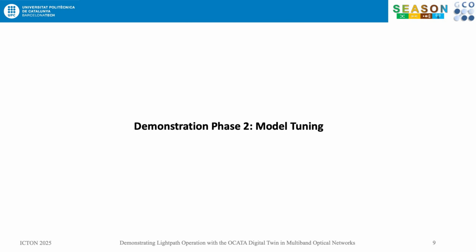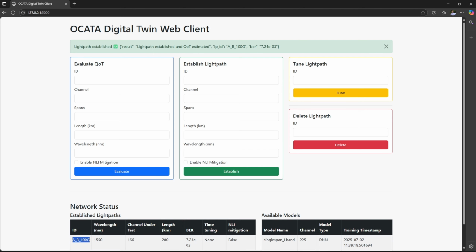In this phase, we will see the effect of model tuning using telemetry data collected from an already established light path to update the DNN models of a light path. The ID of the light path is entered to identify which model should be fine-tuned using the collected telemetry data. Ocata retrieves the telemetry data from the telemetry database and uses it to fine-tune the light path model. The new QoT is displayed and it can be seen that the pre-FEC BER is lower and closer to the actual